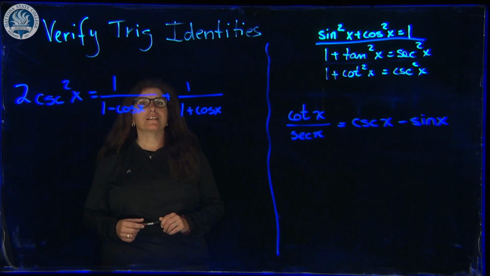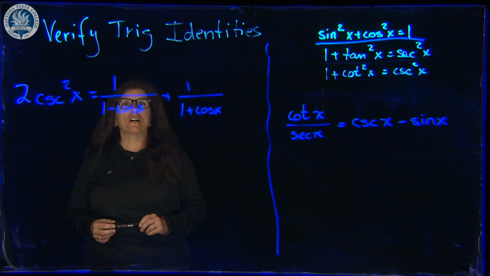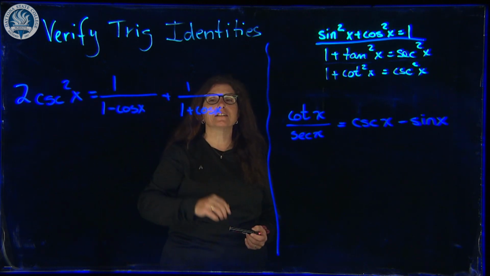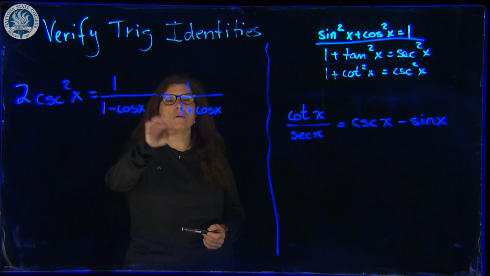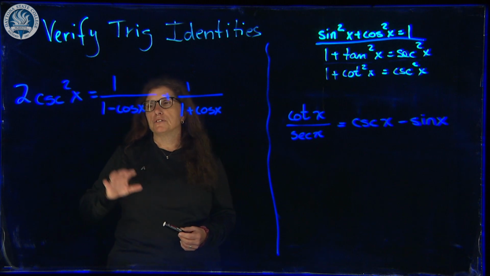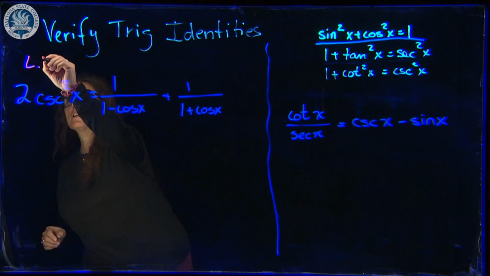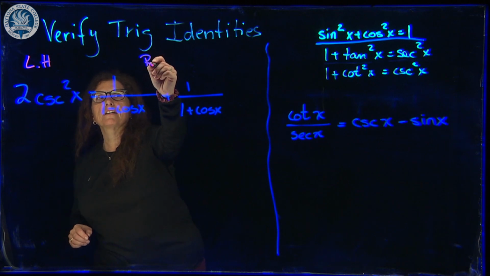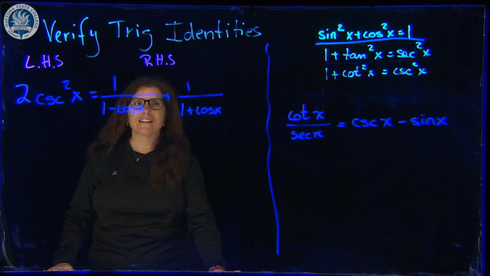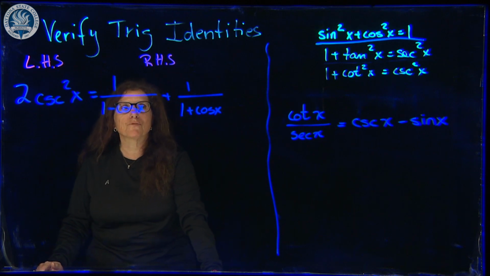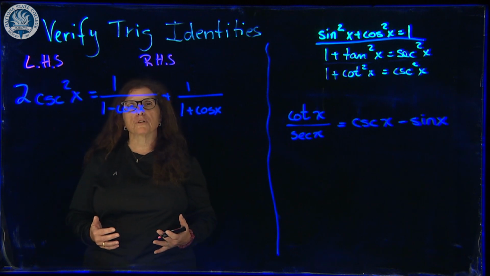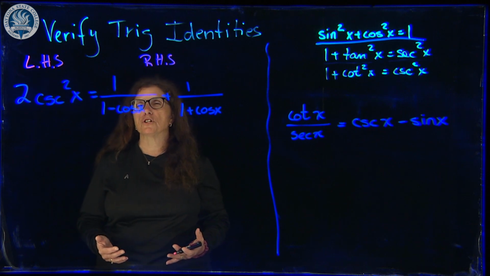Let's take it one step further, and we are verifying trig identities, which means the left-hand side is equal to the right-hand side. Somehow we have to verify that. So to start, you need to make sure that the left-hand side is equal to the right-hand side, as there's an S missing. And a little bit of advice, you always want to start with the side that looks more complicated, because that way you have something to work with, and you can hopefully show that this side is equal